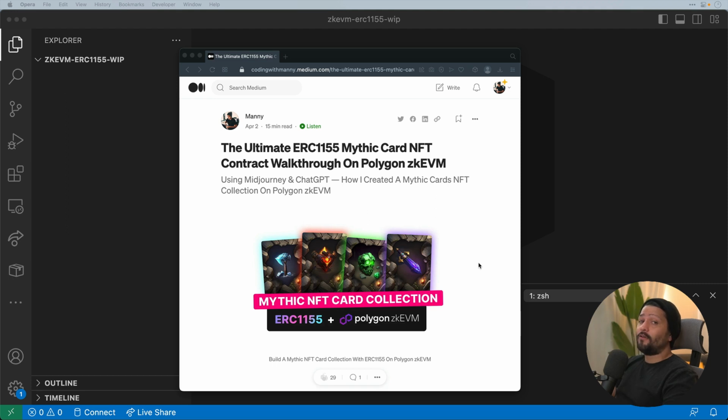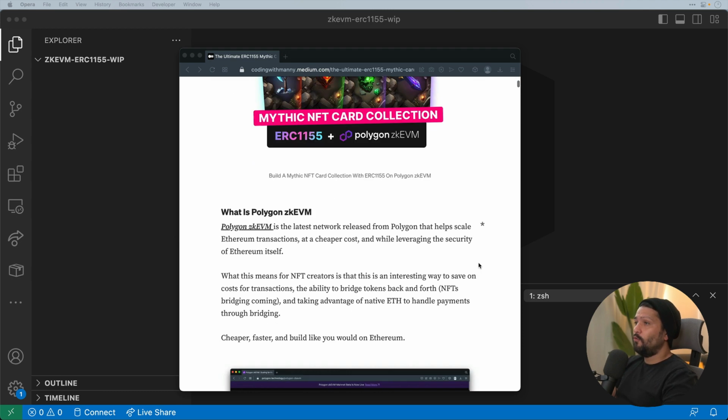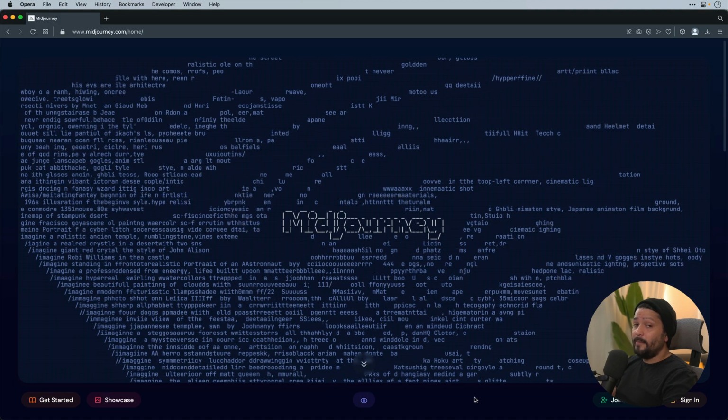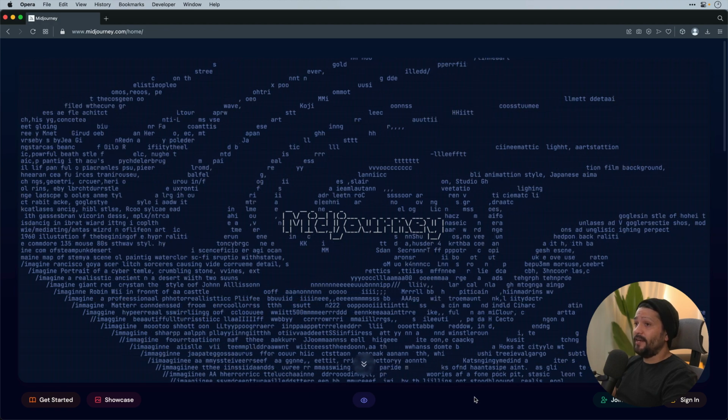Today we're going to be going over deploying an ERC1155 NFT to Polygon zkEVM testnet. Now this is my ultimate guide to be able to create this amazing Mythic Card Collection, and you can see the entire walkthrough on my Medium post, which will go through this entire process that we're going to be doing in video format today. One of the main tools we'll be using today is Midjourney to be able to create